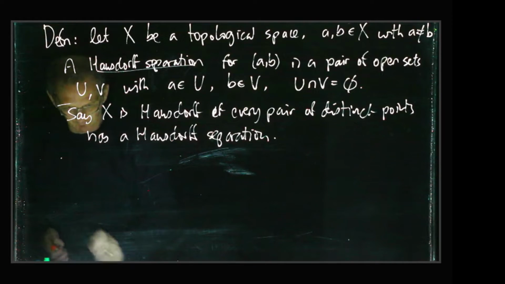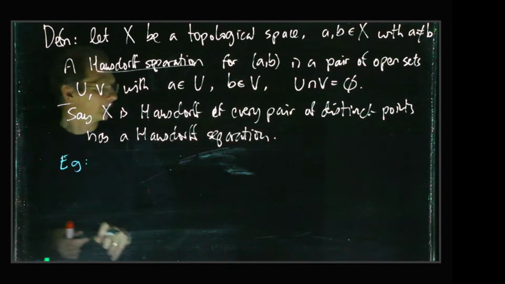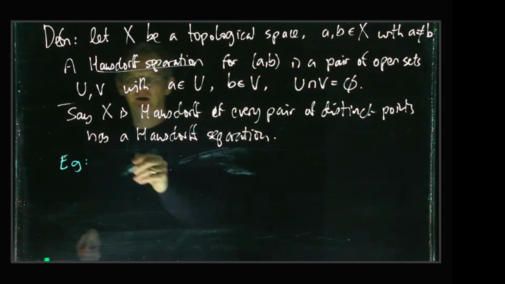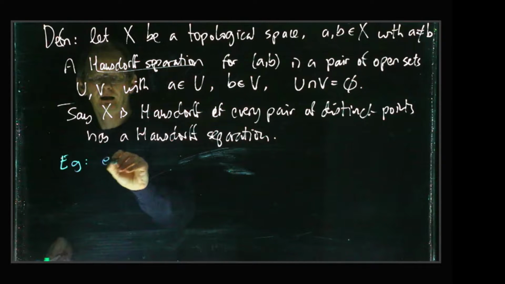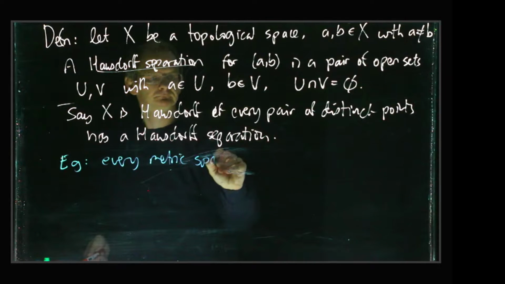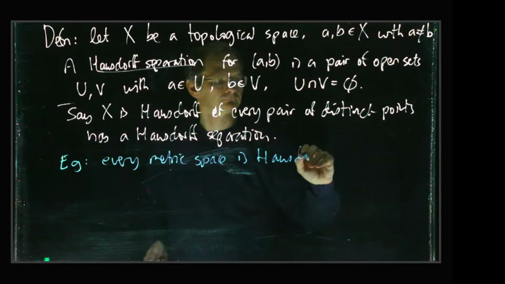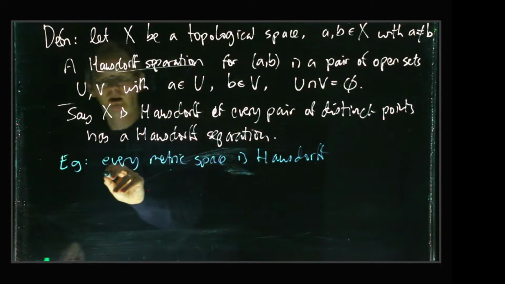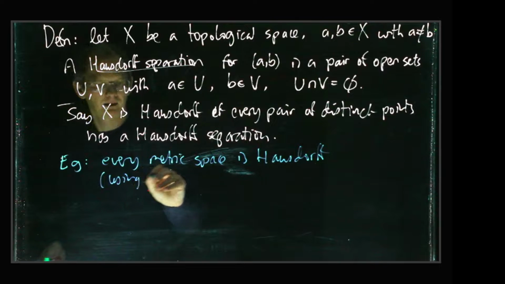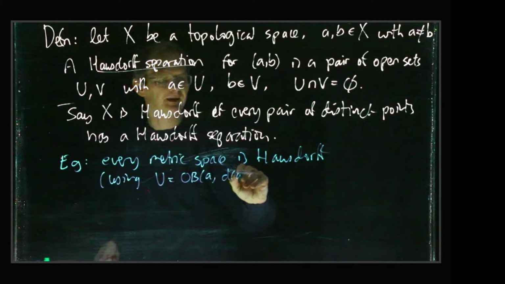And so, of course, the example, by the construction that we discussed a couple of minutes ago, is that every metric space is Hausdorff, which we prove using U is the open ball around A of radius d(A,B) over 3,